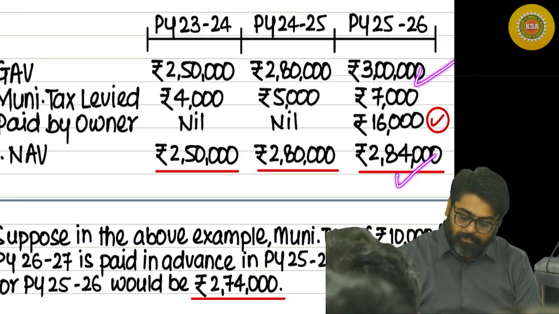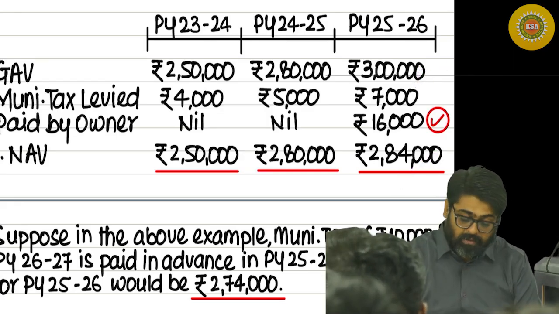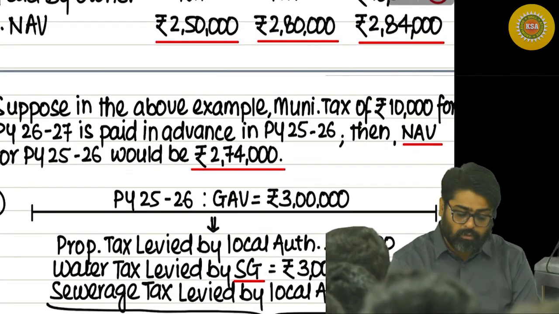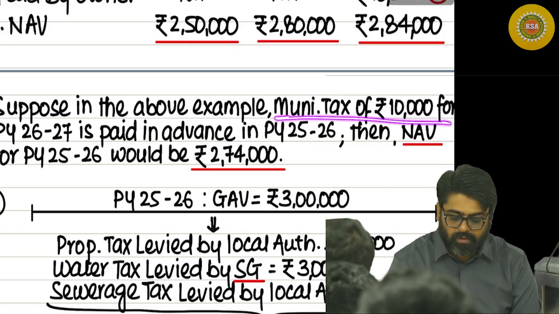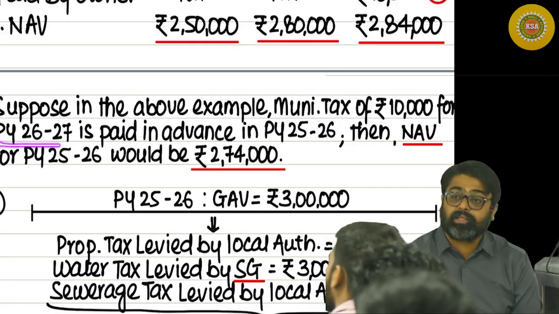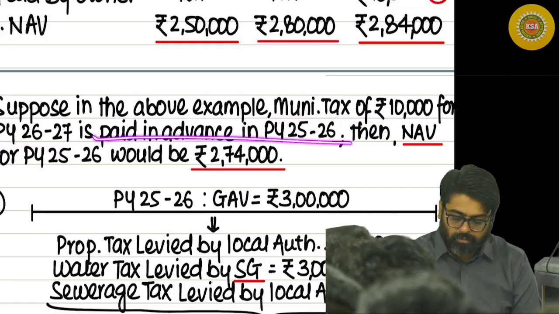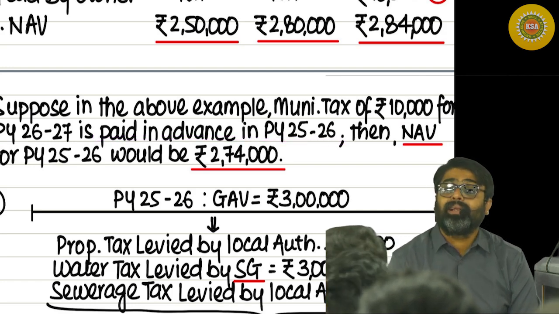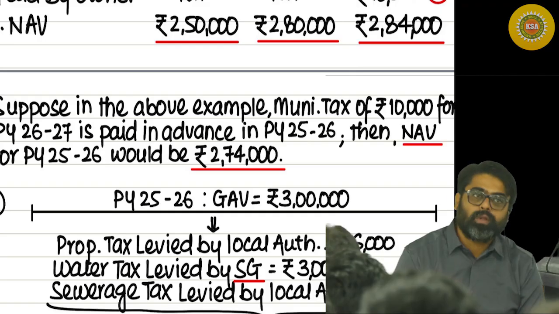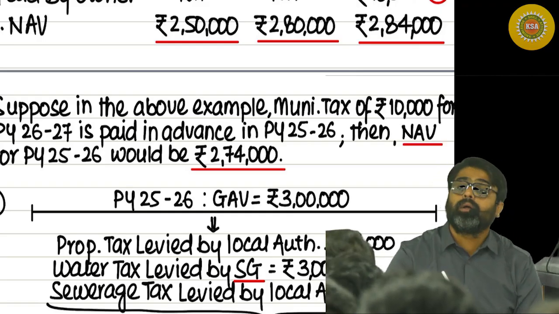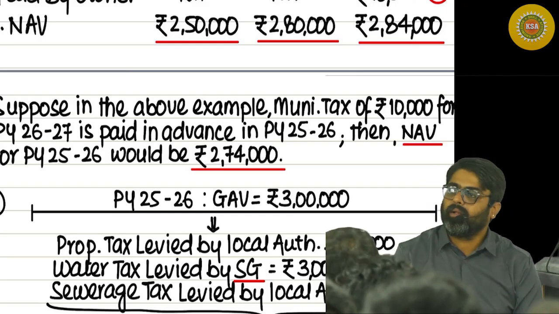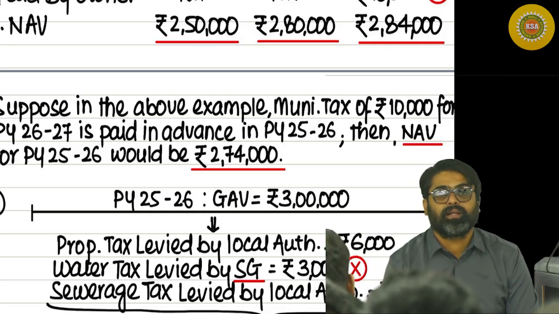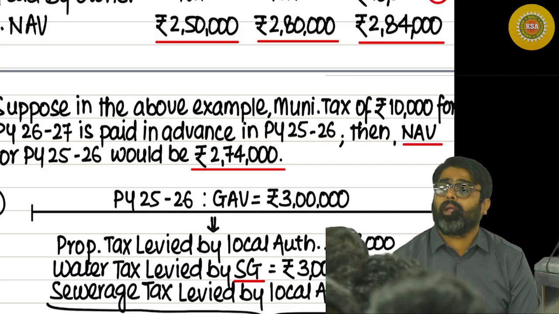And your GAV will be 2 lakh, sorry, NAV will be 2,84,000. Understood, sir? Everyone? Now suppose in the above example, municipal tax of 10,000 for next year is also paid in this year. Possible? This is the case where the municipal tax is paid in advance. Although the municipal tax is for next year, but it is paid in this year, it will also be allowed